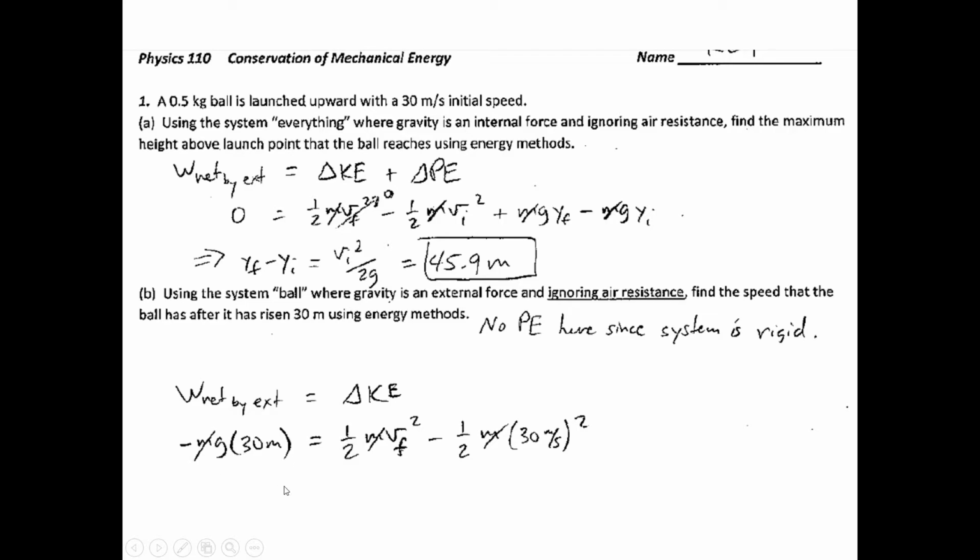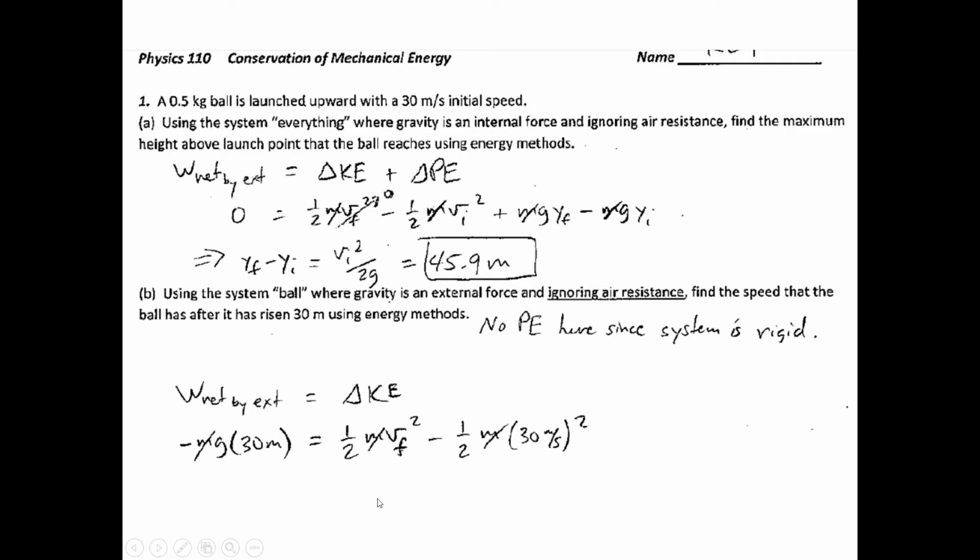The gravitational force on the rising ball is doing negative work because the ball is rising, but the gravitational force on it is downward. And so that's the hallmark of negative work. And we can use our force times distance way to calculate the work done by a constant force because the weight force is constant. So I just get mg times the distance it moves, and I have a minus sign out in front because it's a